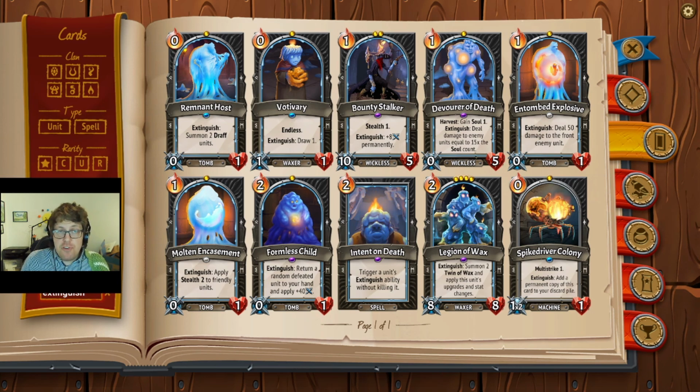Devour of Death has some special interactions because Devour of Death feeds off of things that have died. And so if you can kill things during your turn or position him effectively so that things die in the right order, and that includes things like burnout because...